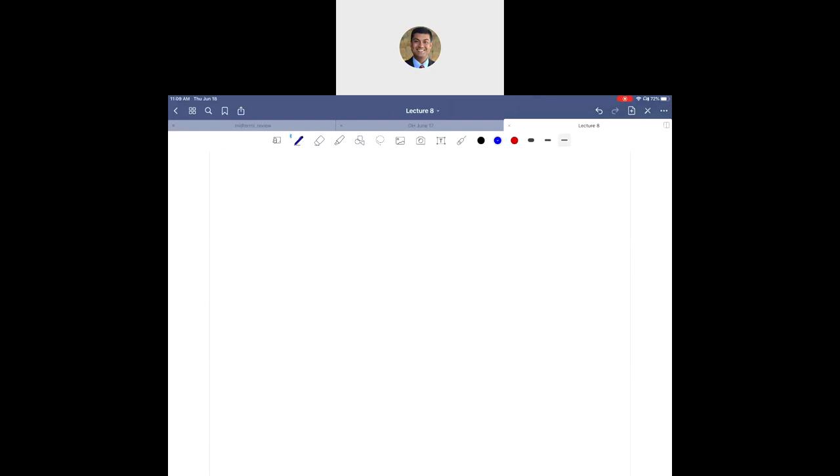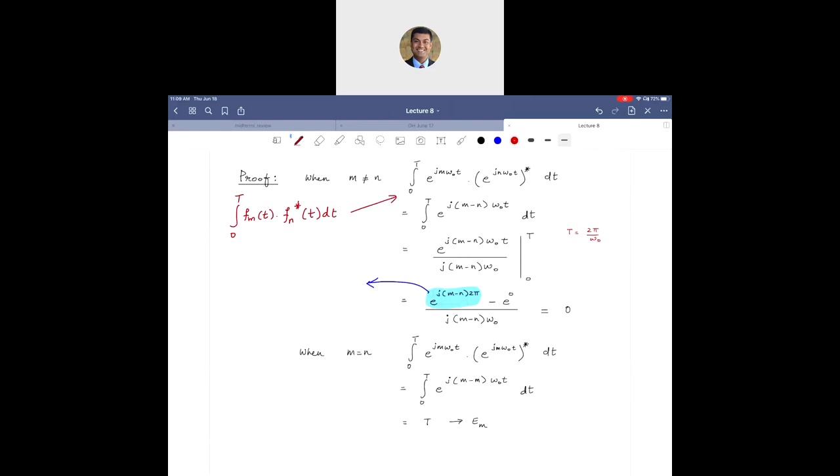What is e to the plus or minus jx? It is simply cosine x plus or minus j sine x. That's your Euler's identity. So I'm using this over here. So I can write e to the j (m minus n) times 2 pi as